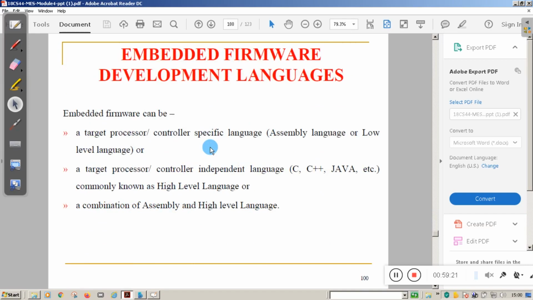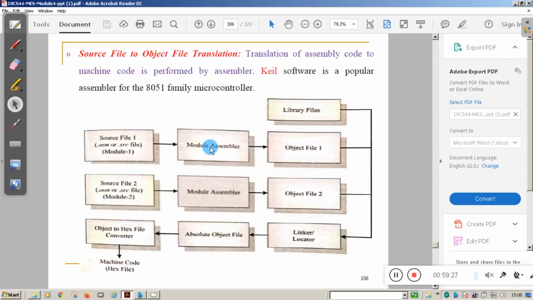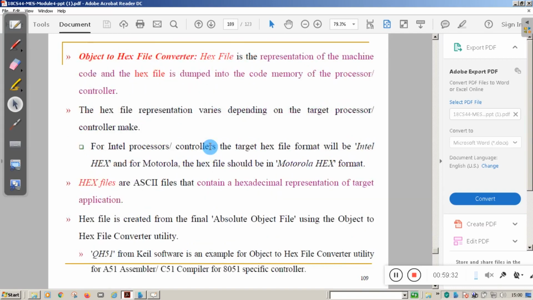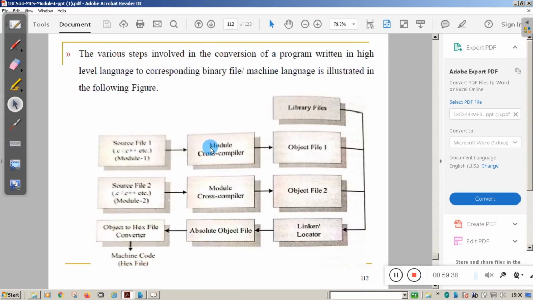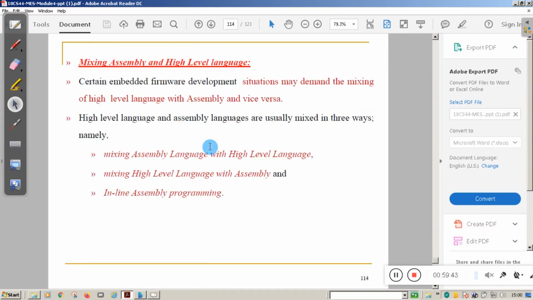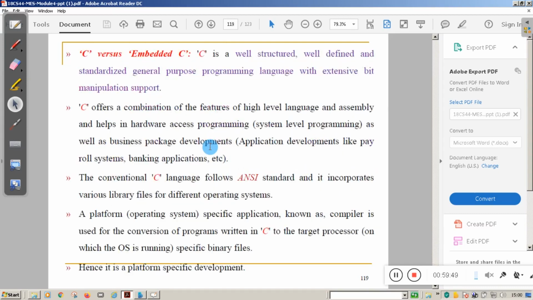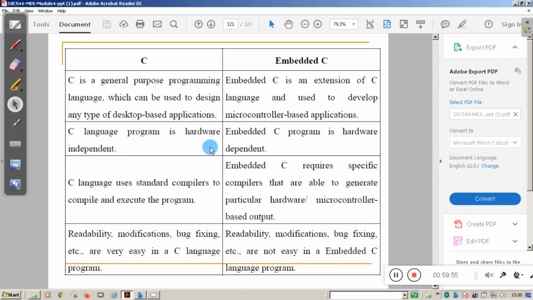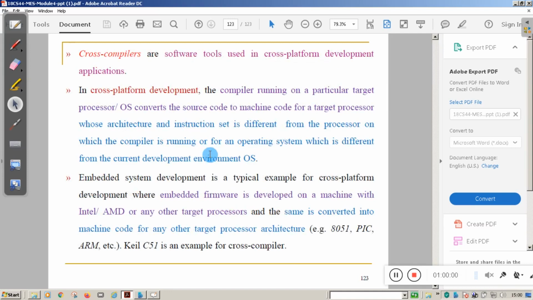In embedded firmware design, we covered assembly language based development, how the source file is converted to an object file, what is a library, what is a linker, and the object to hex file converter. Then high level language based development, and mixing assembly language and high level language. We also studied the difference between C and embedded C, and compiler versus cross compiler. So all these things we studied in the fourth module.